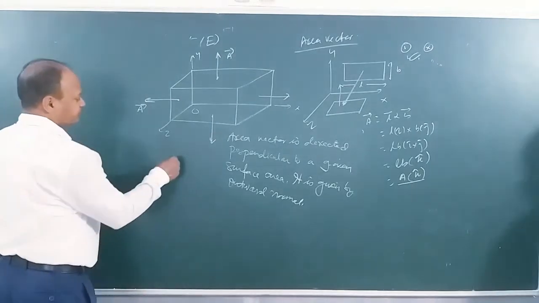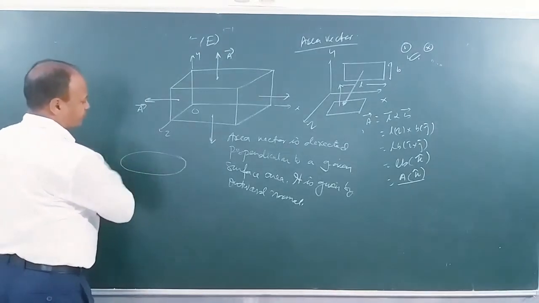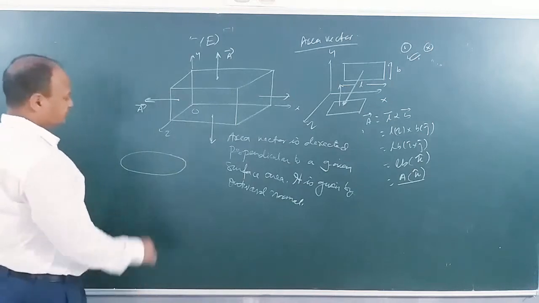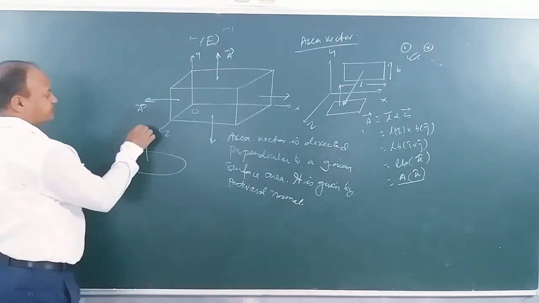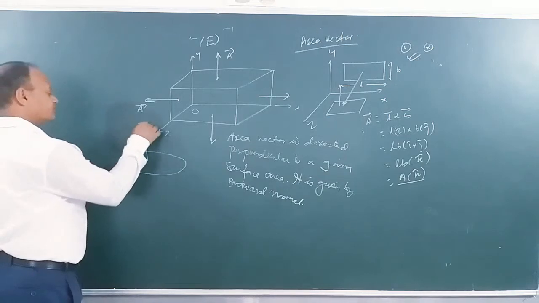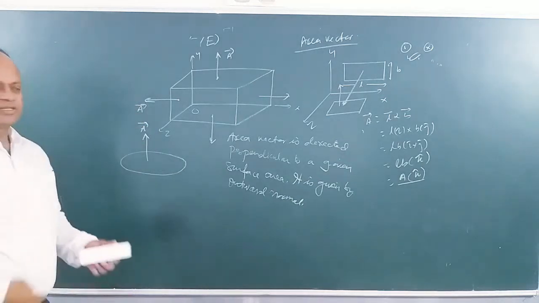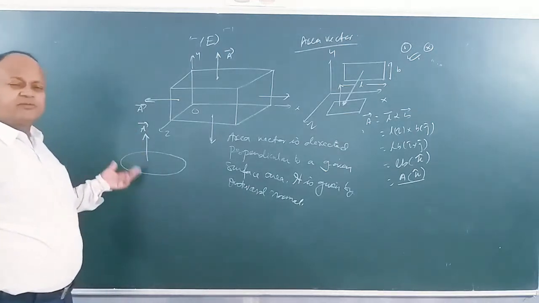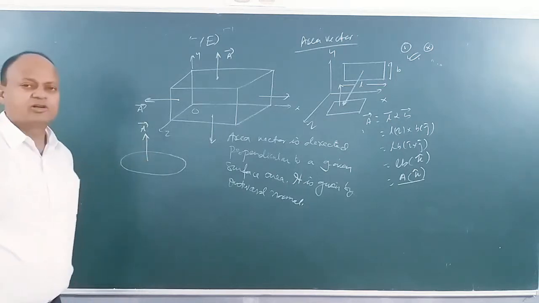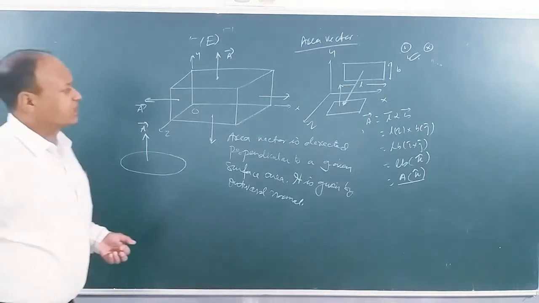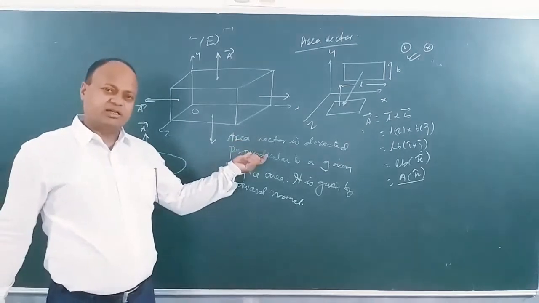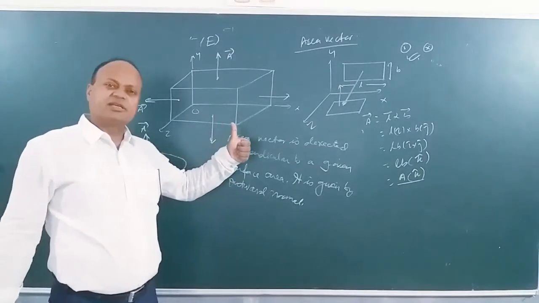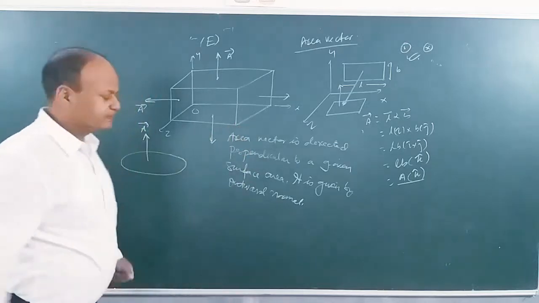I can consider a circular plate here, like a disc. So the area vector will be this, perpendicular to the given surface area. Here, in a two-dimensional space, we take this also. But generally, we define what is the outwards, and we are taking outwards only. So I'm talking about the concept of the area vector now. You can use the cross product, or you can directly remember by using the convention that the area vector is directed perpendicular to the given surface area along the outward normal.